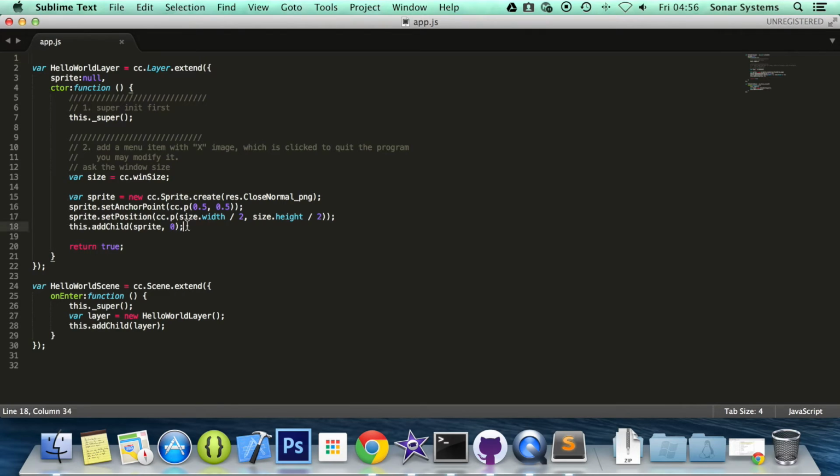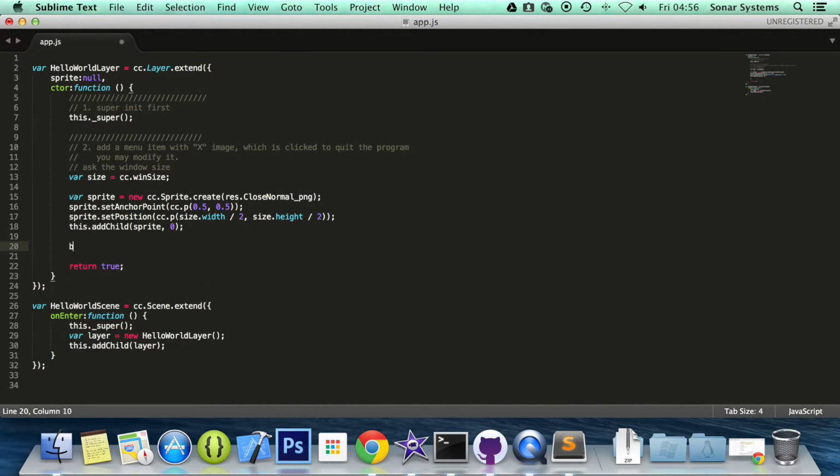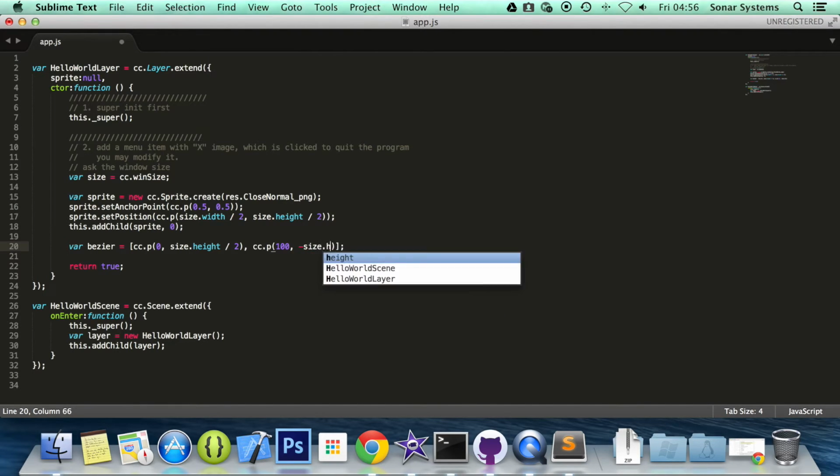And what we're going to do is create a var bezier. So this will just contain the points, this won't be the action itself. So I'm going to do square brackets, and inside the square brackets we're just going to put 3 points, so cc.p 0, size.height divided by 2, cc.p 100, minus size.height divided by 4,